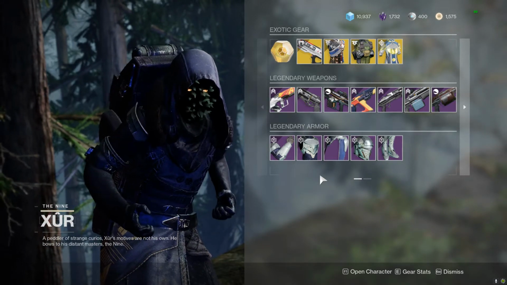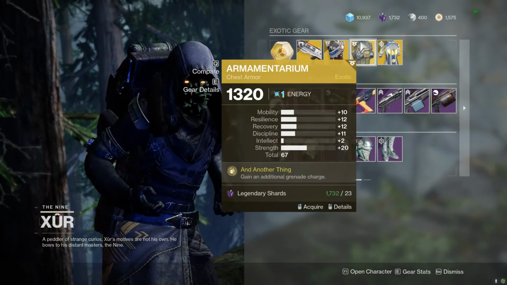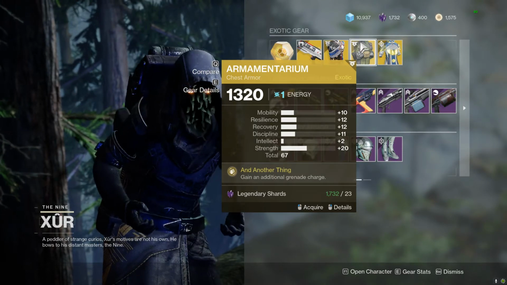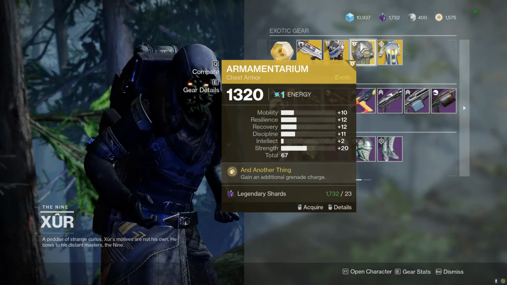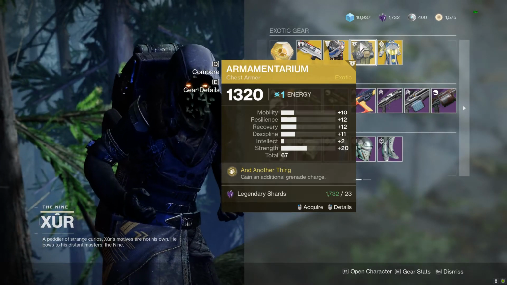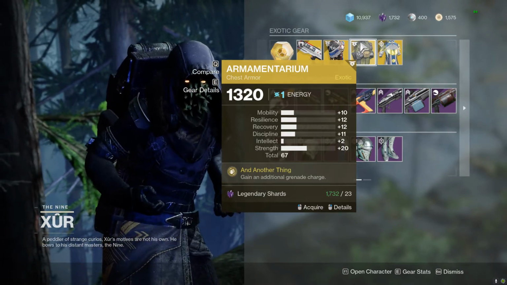Since we're here first on my Titan, we're going to go ahead and look at his exotic. Today's exotic is the Armamentarium. It gives you 2 grenades. This roll is not what you would want from an Armamentarium roll, especially on a Titan. The strength is too high, the discipline and recovery is too low. So no, this Armamentarium would not be worth picking up this week, and so I would move down to the